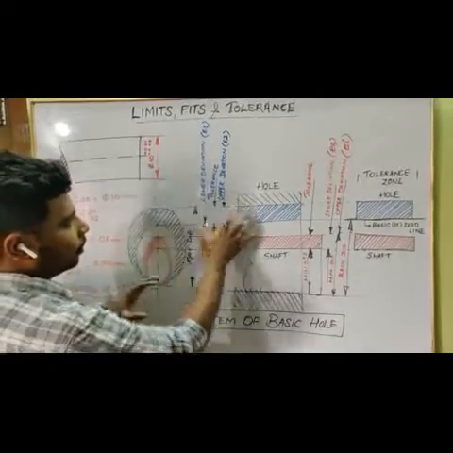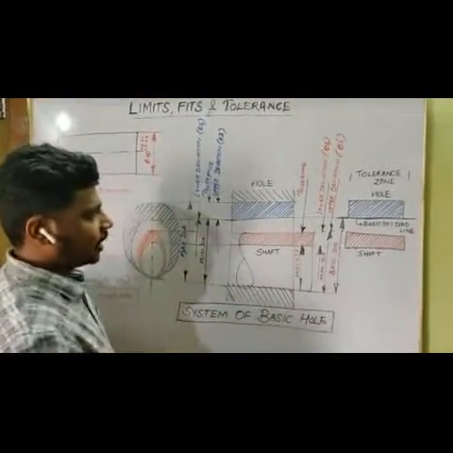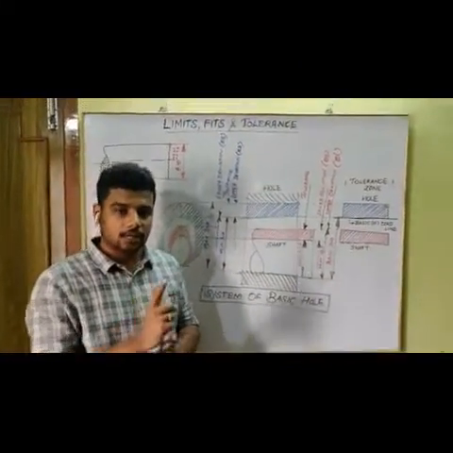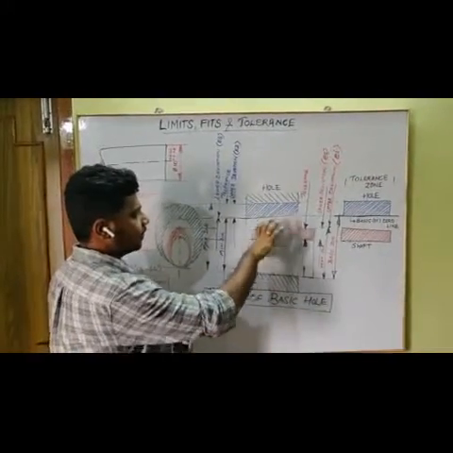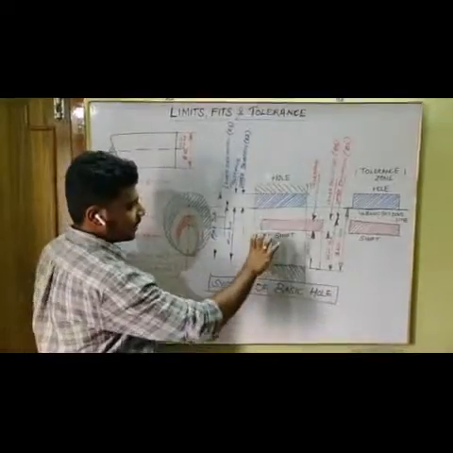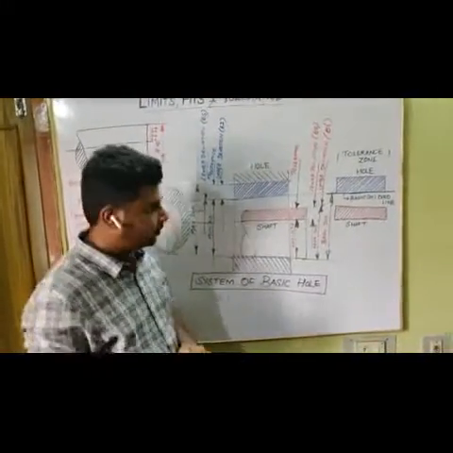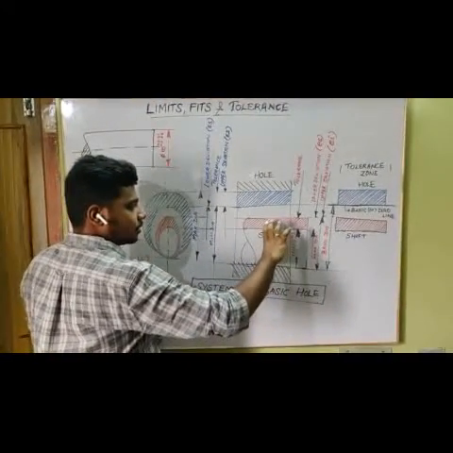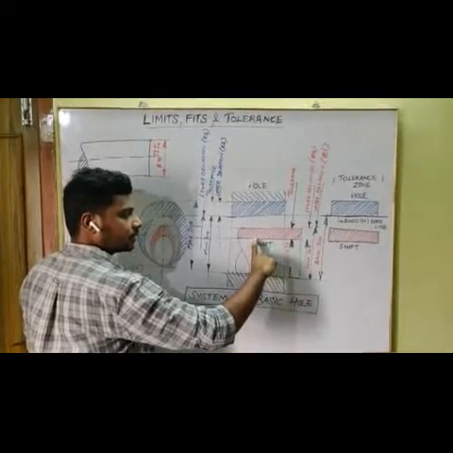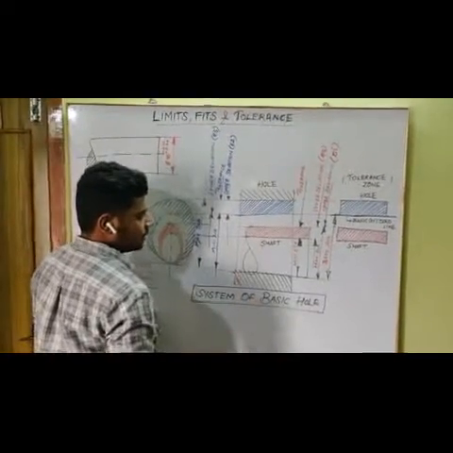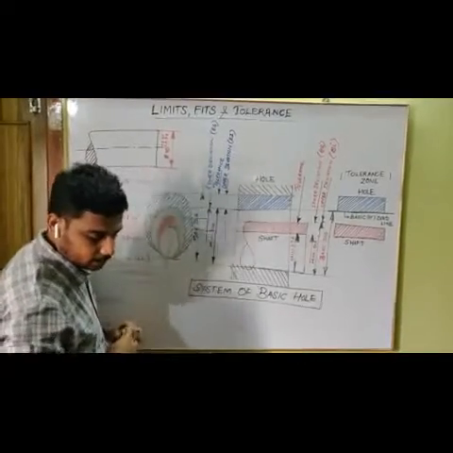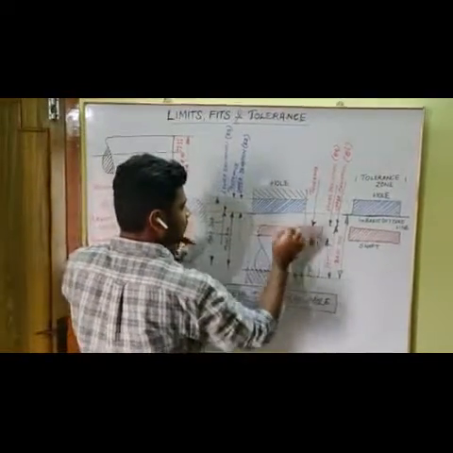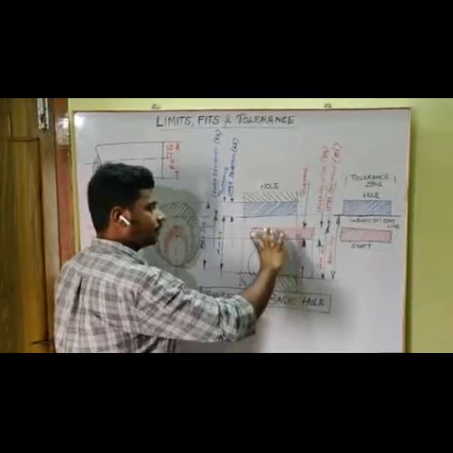So now we will see all about the hole feature first, then your shaft, right? What do you mean by basic shaft and basic hole? The terminology number one: you are going to see what is basic shaft and basic hole, right? So what is lower deviation in your shaft? What is upper deviation? You have to know that. So this is your shaft. The shaft is having lower deviation like this and upper deviation like this. When the upper deviation of the shaft is exactly at the 0 line, that is called basic shaft.